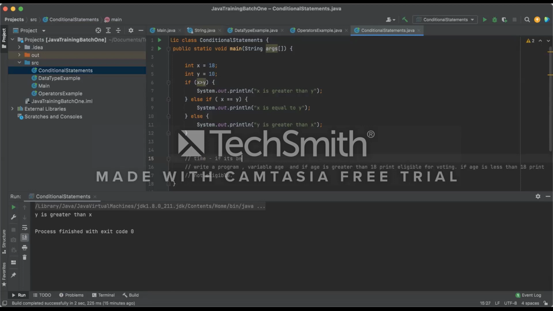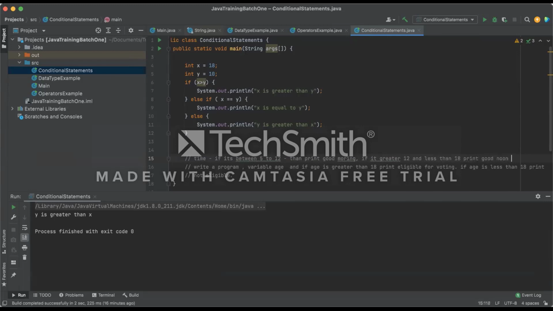If it's between 5 to 12, then print good morning, right? If it is greater than 12 and less than 18, print good noon,